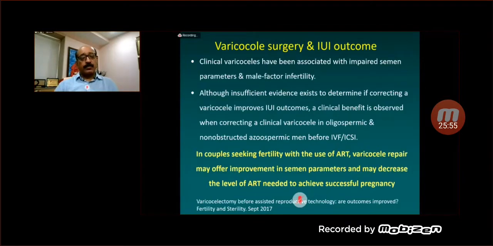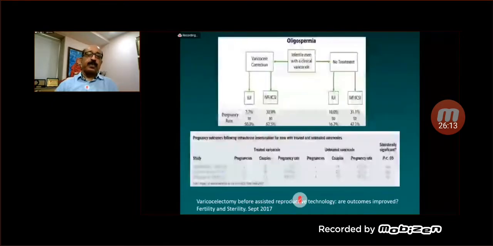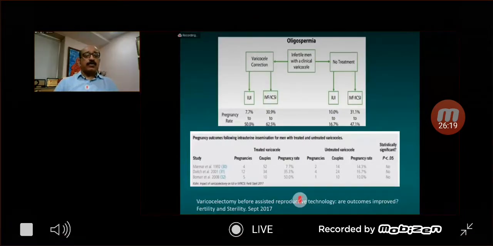A clinical benefit is observed when correcting a clinical varicocele in the oligospermic and non-obstructed azoospermic male before an IVF or ICSI cycle. The line quoted in this paper is: in the couple seeking fertility with the use of ART, varicocele repair may offer improvement in the semen parameters and may decrease the level of ART needed to achieve a successful pregnancy. So, in the case of oligospermia or an infertile man with a clinical varicocele,